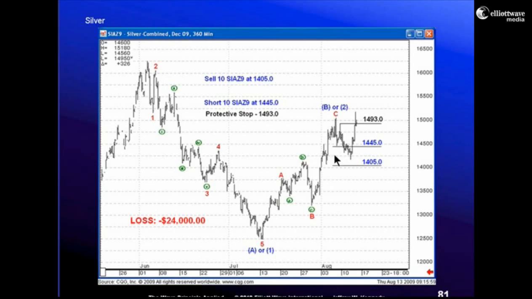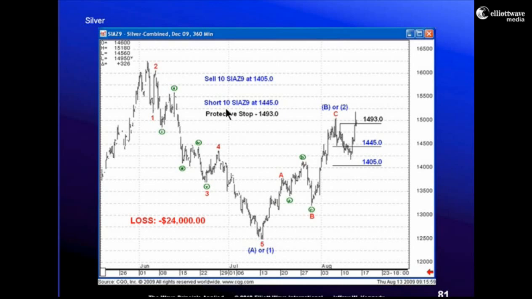So my actual rule, my guidelines that we discussed earlier, the actual rule for entry in this instance would have been a break of 14.05, not 14.45. But because I wanted to impress my next batch of seminar students, I was more aggressive than I normally am. In other words, the entry was in here at 14.45. I should have had the order in at 14.05.